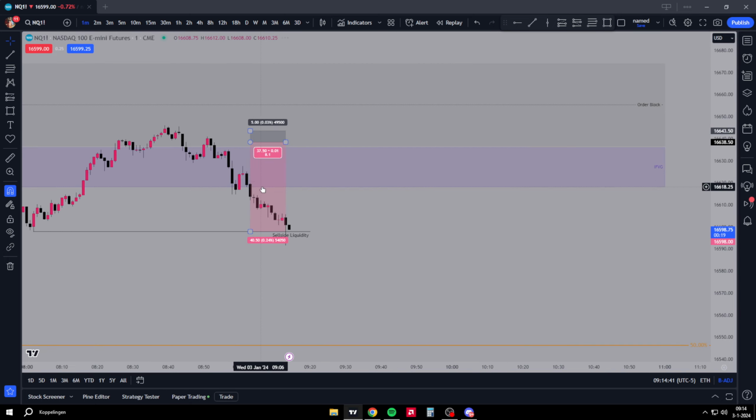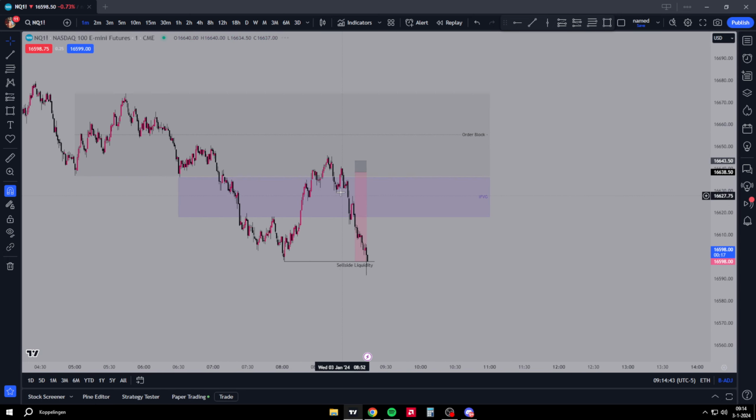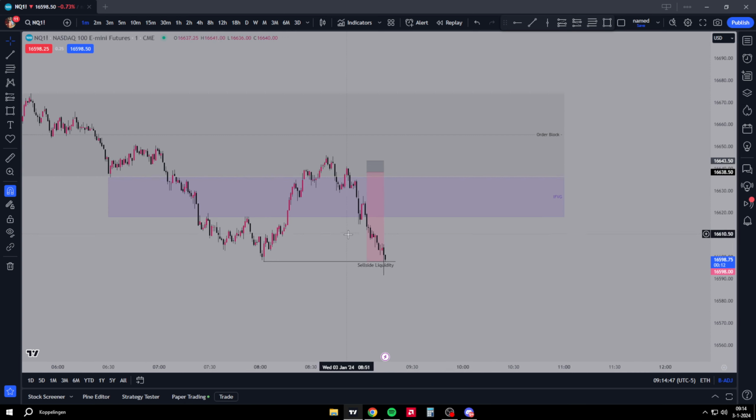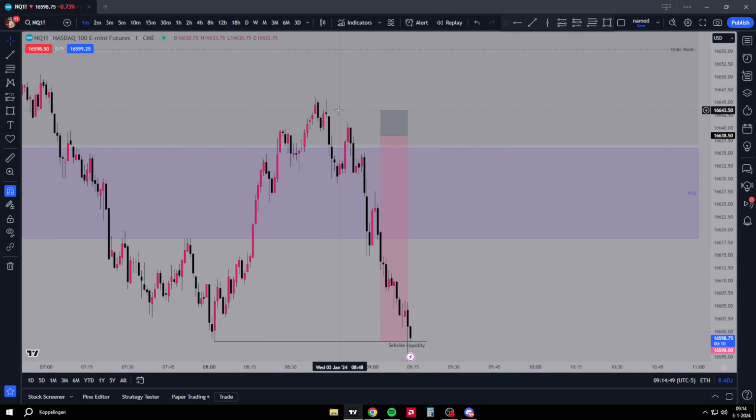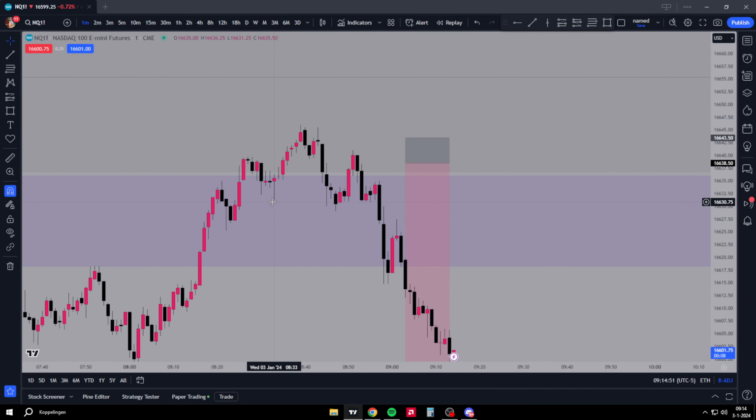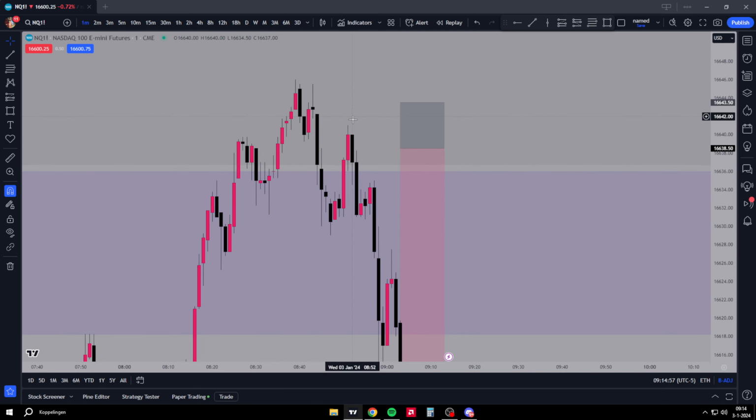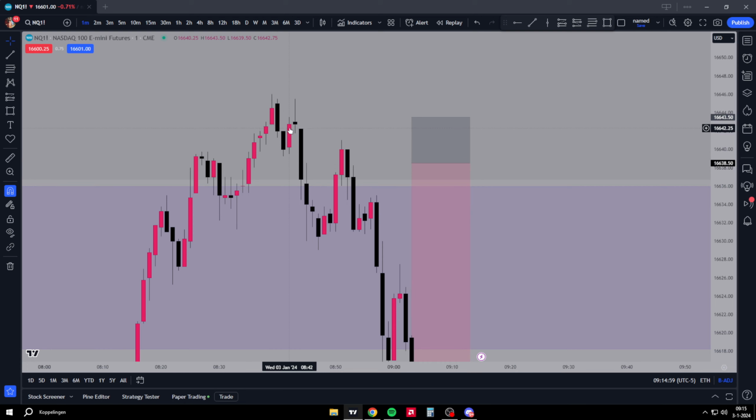I still want to see us go lower. So we tap into the order block, and I wasn't looking for this to be support and then go higher. I was looking for us to trade through this. When I saw that we were creating a breaker here, with a high, low, higher high, I was expecting a lower low. I was using the ABS strategy right here.